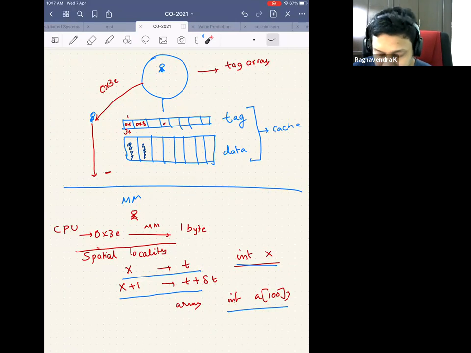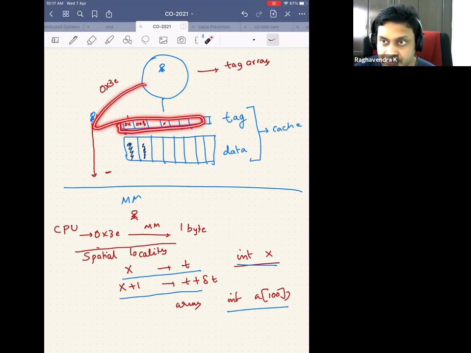If the address is a hit, then the corresponding element in the data is what I'm looking for. So initially, let's say the CPU generated 0x3e. I searched for it in the tag. This address is not there in the tag. So I go to the main memory, fetch the data of 0x3e, give it back to the CPU, and keep the data of 0x3e maybe here, and actually note down the address. So I note down that it is 0x3e here.